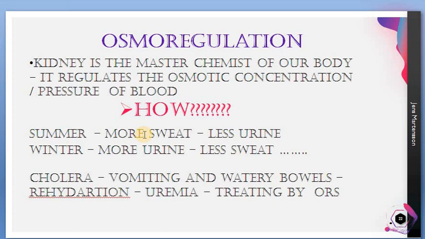What happens during winter is that water is not going out of our body by perspiration. Skin doesn't do that perspiration work much during winter. So urine has to be high in volume, or very diluted. The kidney has to do some extra, overtime work to keep the osmotic concentration, or osmotic pressure, at a normal level. This is how osmoregulation is maintained in our body. So we can call the kidney the master chemist for these two reasons.